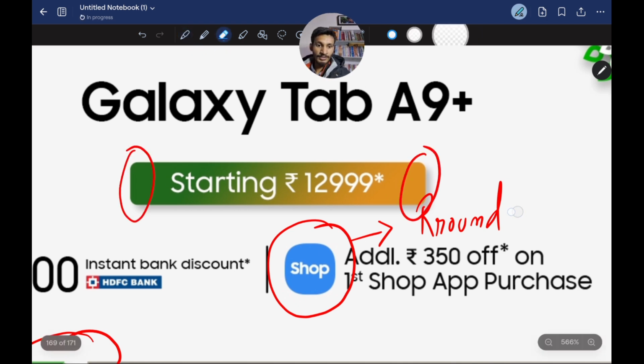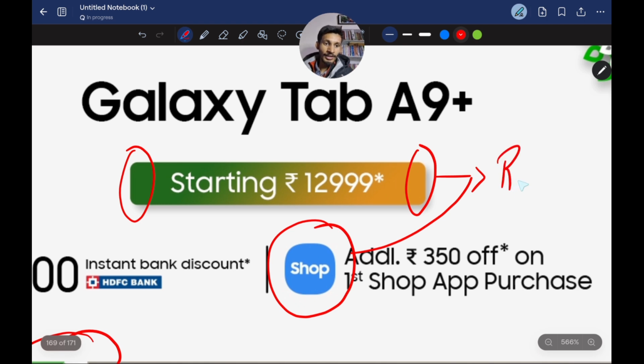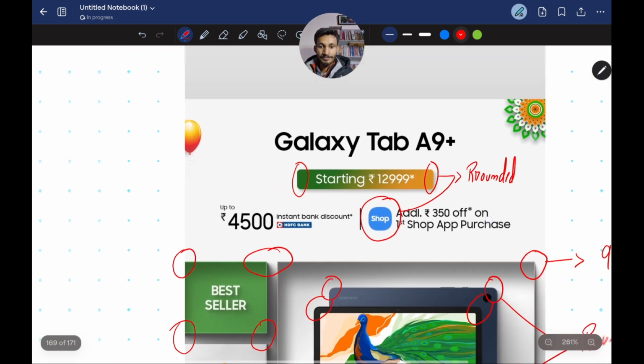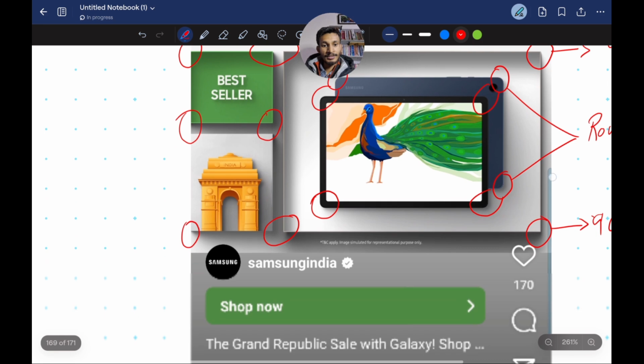I'll just erase this and I'll put it again. So here, and what do both of these elements have in common? Both elements have rounded corners. So here I'll put rounded. All right, so these are a few discrepancies that